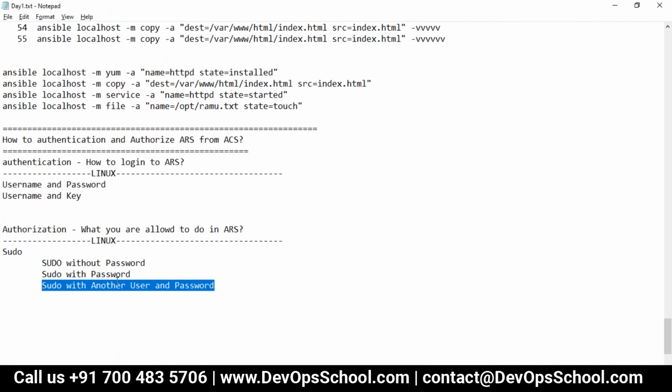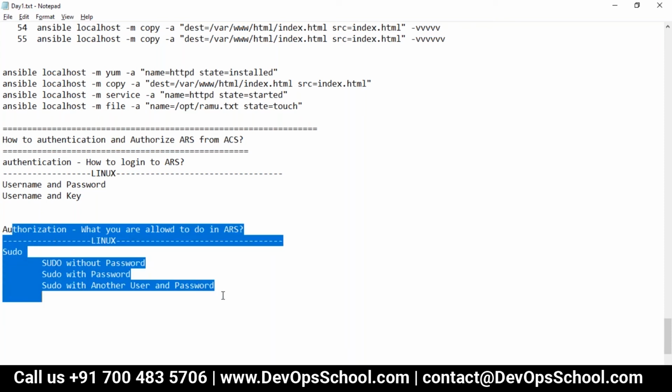That means sudo with a different user and different password, because that's part of sudo. So these are the three behaviors typically seen in sudo. That is how in Linux you get authorization. Guys, are you comfortable with this? Yes.